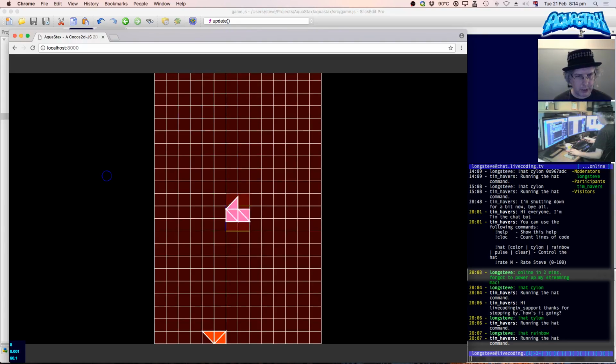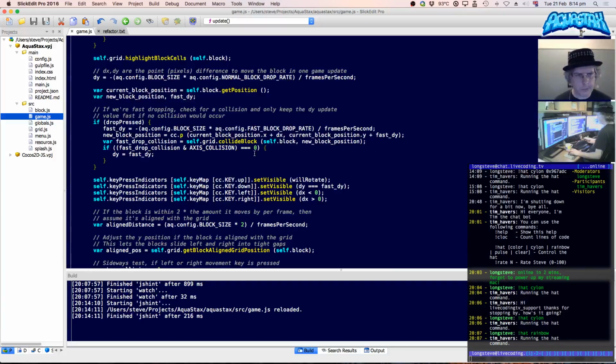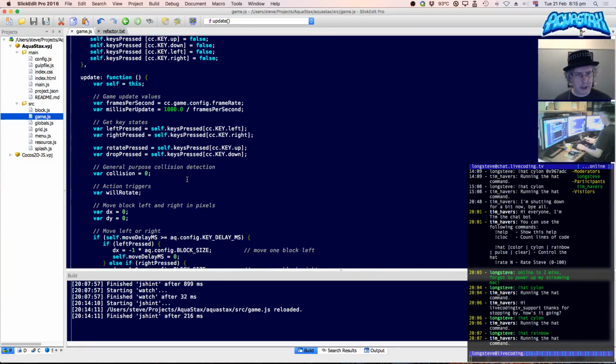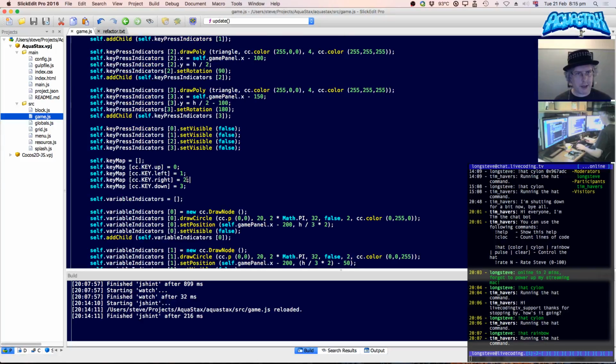So they're not particularly well documented at the moment in terms of on the screen, so I can't remember what the actual indicators meant. Something to do with whether or not it can or can't slide left or right, isn't it? But the arrow keys, they're not actually indicating that the keys are held down, they're doing something else. So do I leave them or do I just get rid of them? Maybe. I think knocking up that code quite quickly is simple enough that I can just get rid of these indicator codes now that I understand what's going on with the